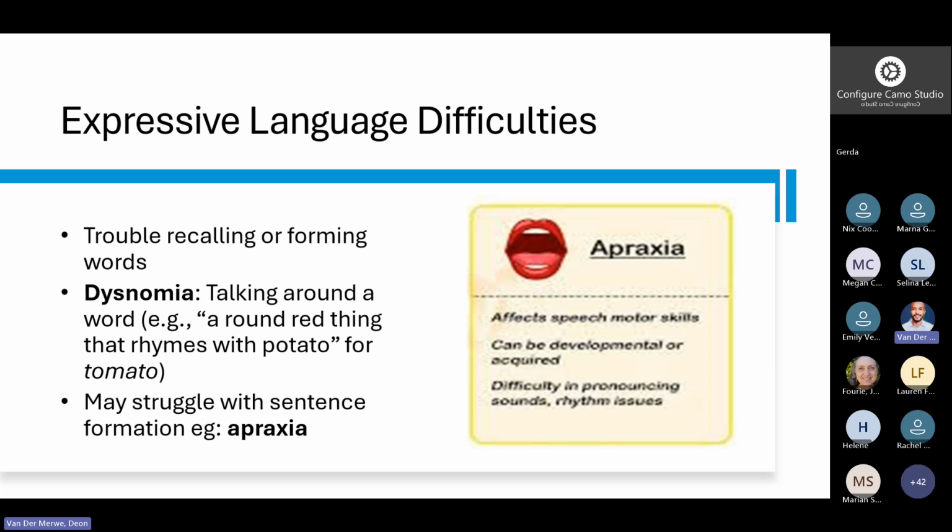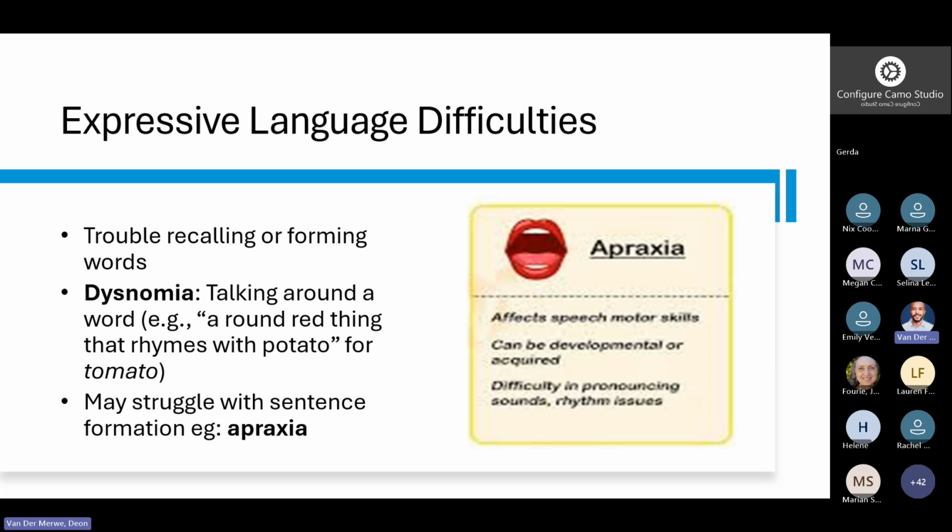And others may struggle to form complete sentences or even manipulate speech muscles correctly. And this is a condition that is known as apraxia. And so we also need to be observant and be present as assessors when we engage with the assessment tools that are part of this module. Hence, the emphasis given on observation